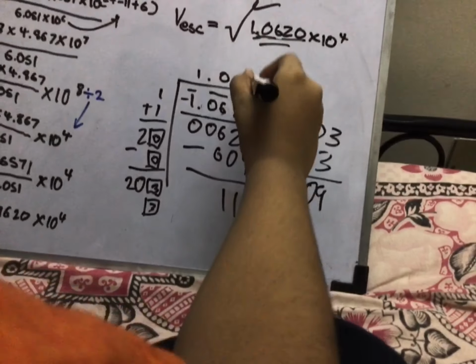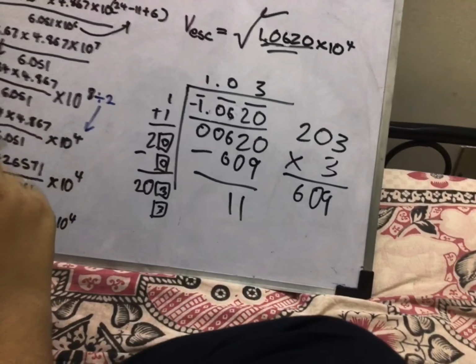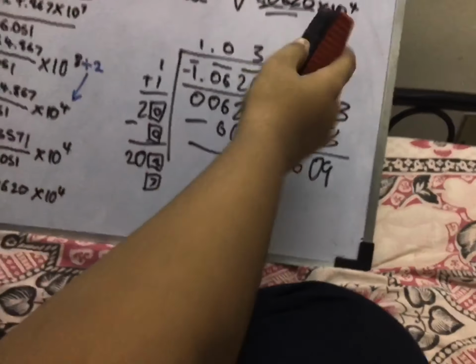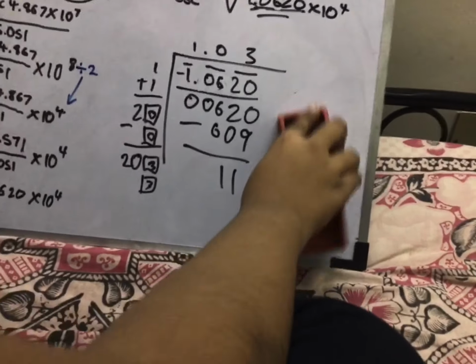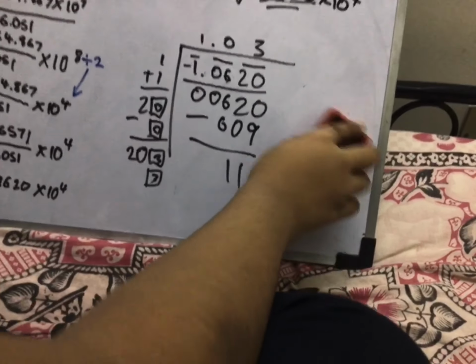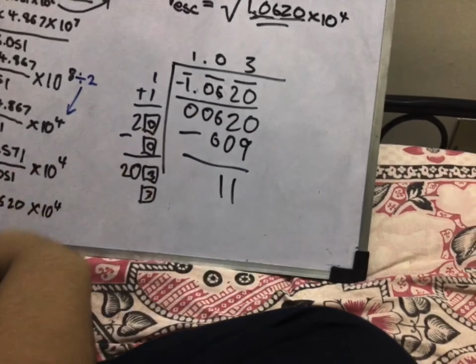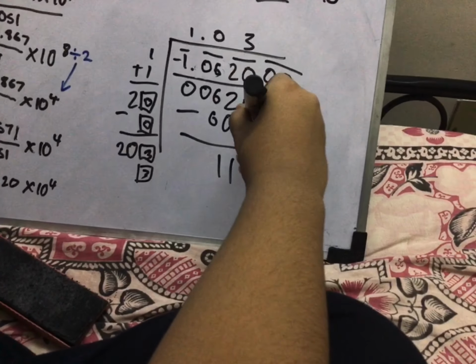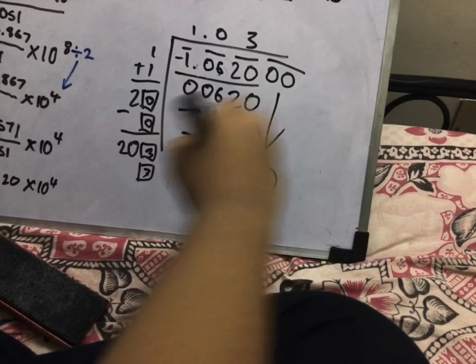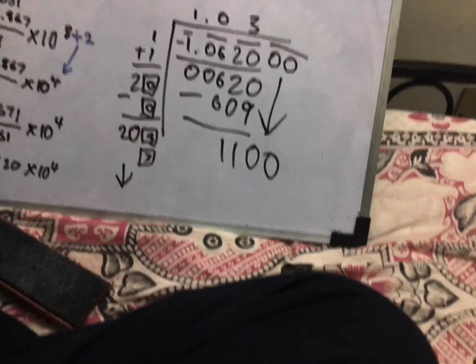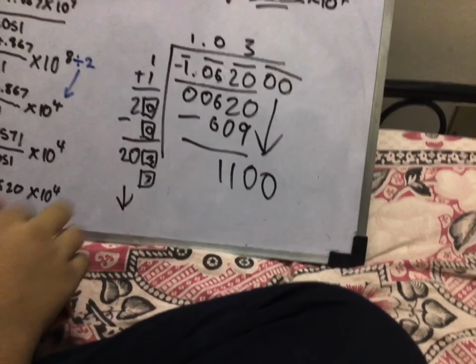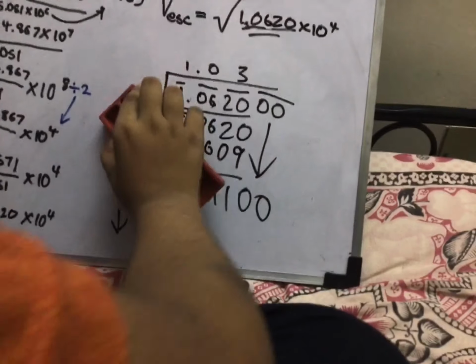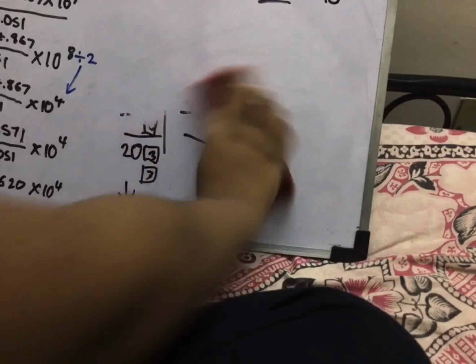So let's plug in 3 here. So I think it's more convenient if we stop it here than continuing. If you want to continue, if you want a more accurate answer, just add 2 zeros here and continue the process all the way down. But I'll stop here. So we are left with the square root of